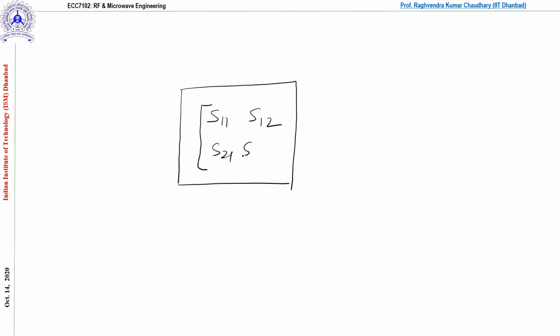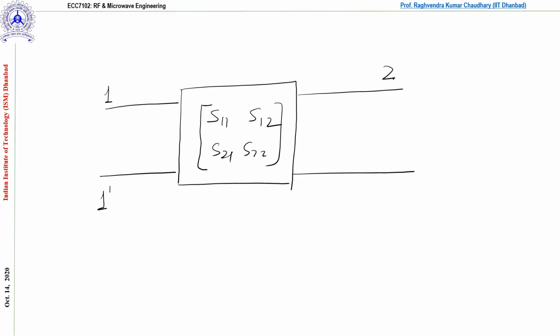So finally, this is the DUT. This DUT we can represent in terms of the S parameters, like this: S11, S12, S21, S22. And this is how we define each and everything. Now we are able to recheck all the things. So this is 1 dash, this is 2 dash, fine. And this is the reference where we are measuring. So this is A1 incident, and this is reflected one, B1.